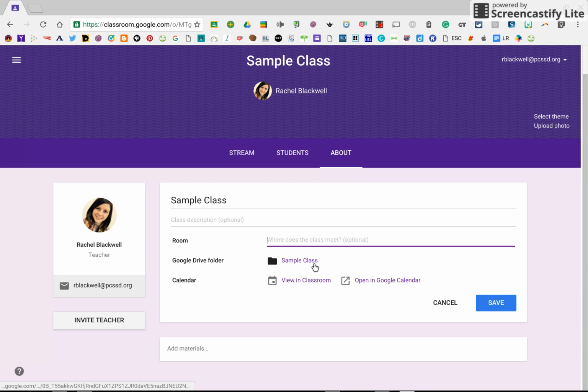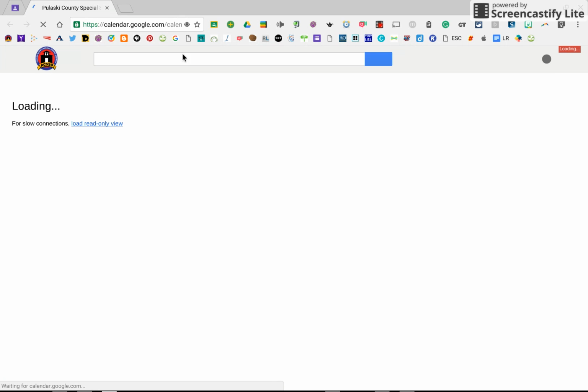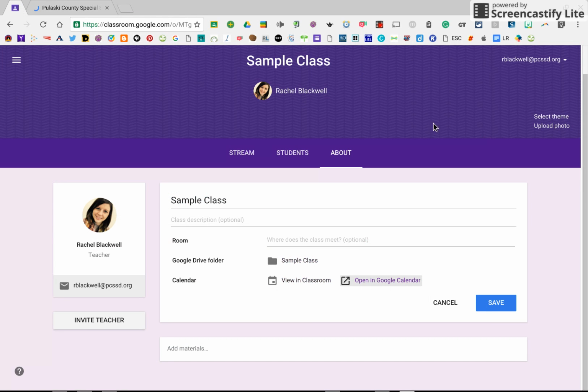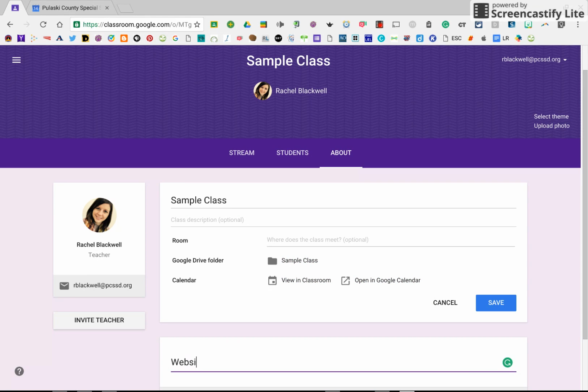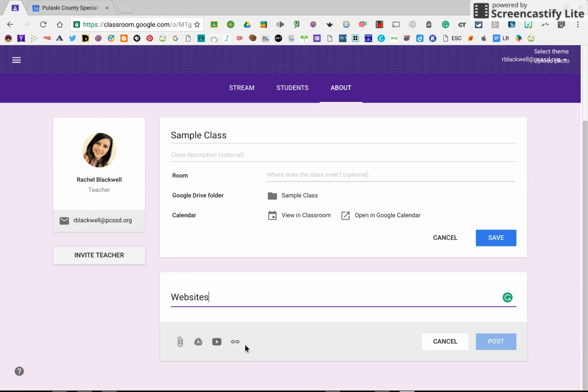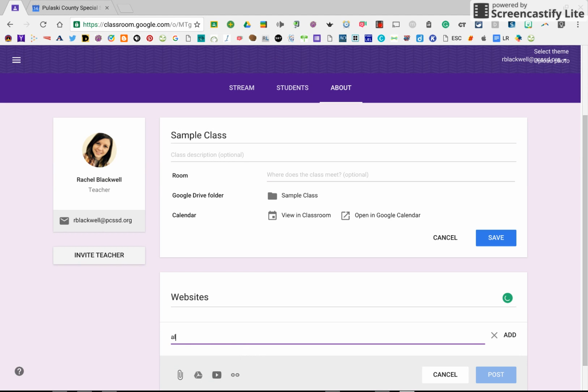And it's also a place where they can go straight to their Google Drive folder. Or they can go to their Google Calendar, which I love. Classroom always sets up a calendar specific for your class, which I think is awesome, so kids can see when their assignments are due. Then on here, you can put websites that you think are really great, and some that I think are,